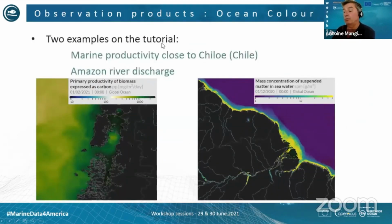I have prepared a tutorial, as announced by Fabrice, two examples in fact. One is the marine productivity near Chiloé in the south of Chile, which is a very productive area for aquaculture, as I said, probably spot number 2 in the world. And this is the outflow of the Amazon River with turbid